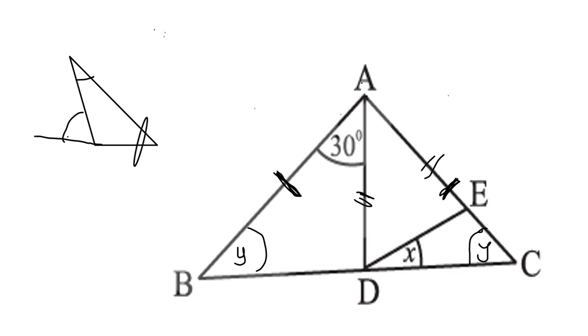So when you have an exterior angle like this, and you have the two interior angles corresponding to that exterior angle, you can add these two and you can get the value of this angle. So this angle is x plus y. And since these two sides are equal to each other, this angle is also supposed to be x plus y. Okay,